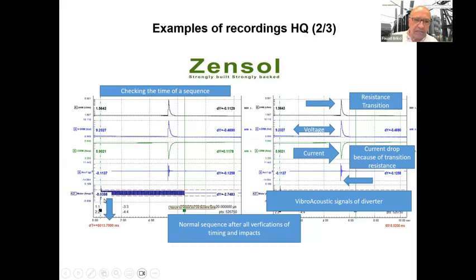So now this is typically what we get, this is raw data. Here you have the motor current, the vibration, the current, the voltage, and the calculation of the dynamic resistance, which is calculated here. Under here you can see the resistance transition, the voltage, the current, and we are looking for a current drop because of a transition resistance. And here is the vibroacoustic, and here you can check, so normal, after all verifications of timing and impact. And the next slide,